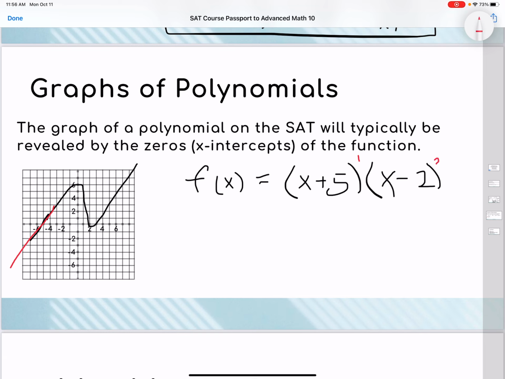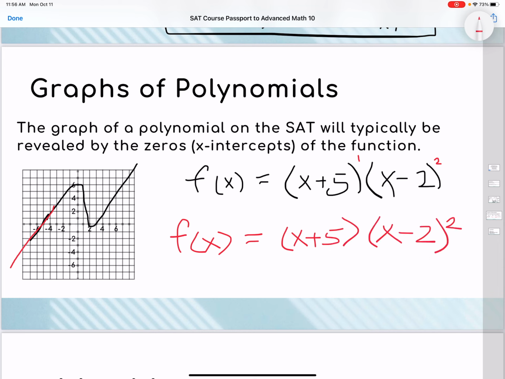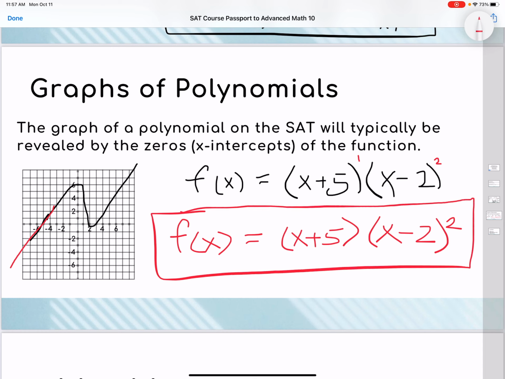So this one could be revealed like this. If you were to see this exact graph here in a problem, you would likely see an answer choice that said f of x is equal to x plus 5 times x minus 2 squared. Because x plus 5, again, represents that 0 of negative 5, that x minus 2 represents the 0 of 2, and then just seeing it squared like that is the reason that it bounces off, that it hits 2 and then immediately bounces back up, unlike just going down through the negative 5. So ultimately the multiplicity is important, but in this case, it would usually just be revealed